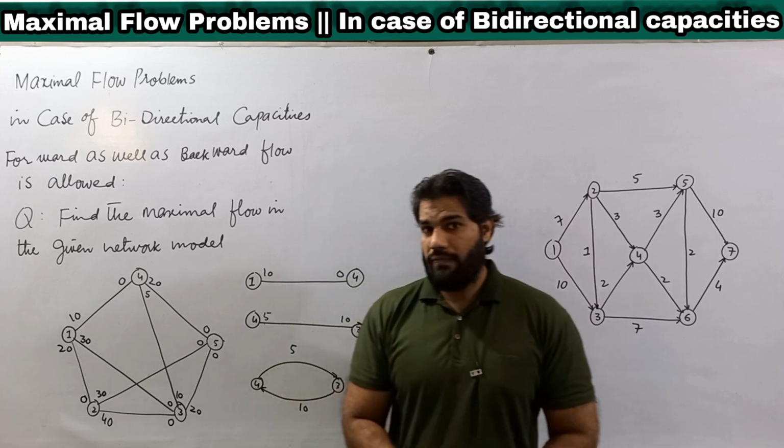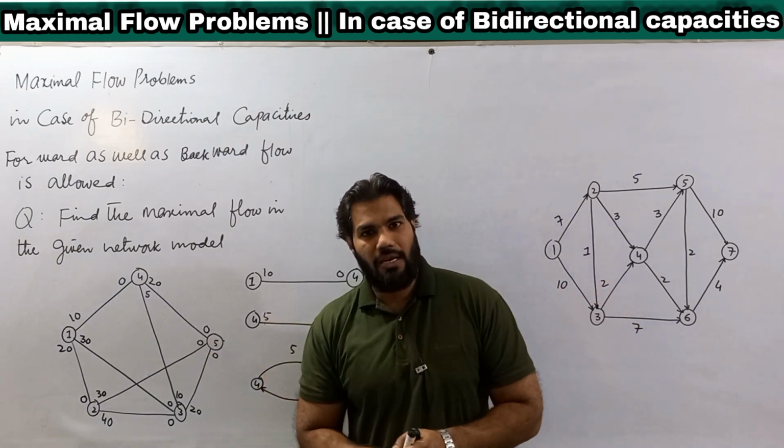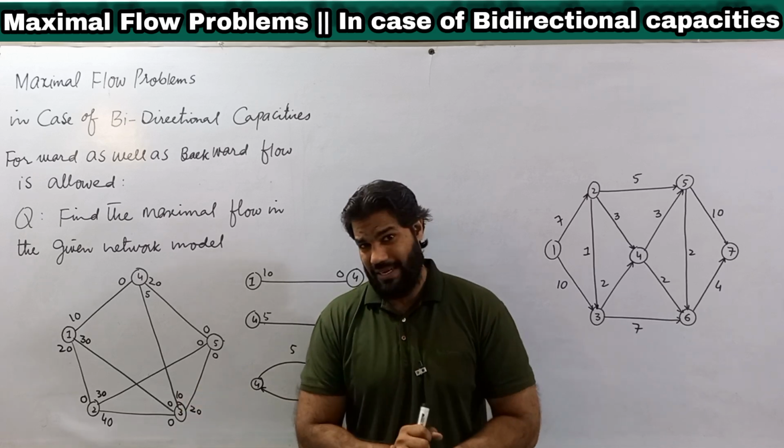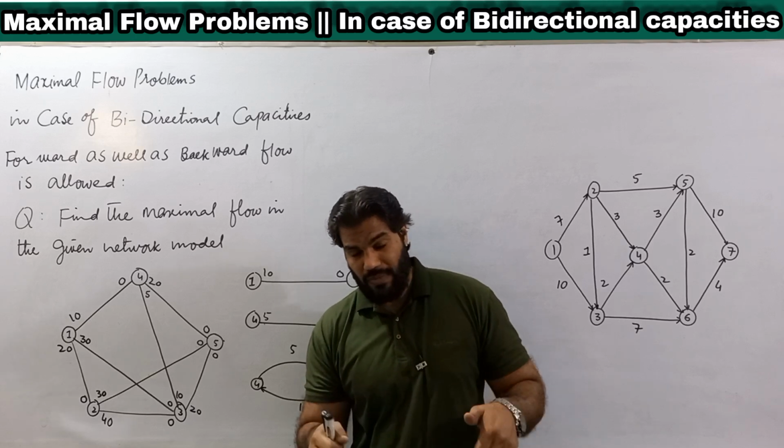So if you have such a type of network model, then to find the maximal flow by using the Ford Fulkerson algorithm method, the method will be